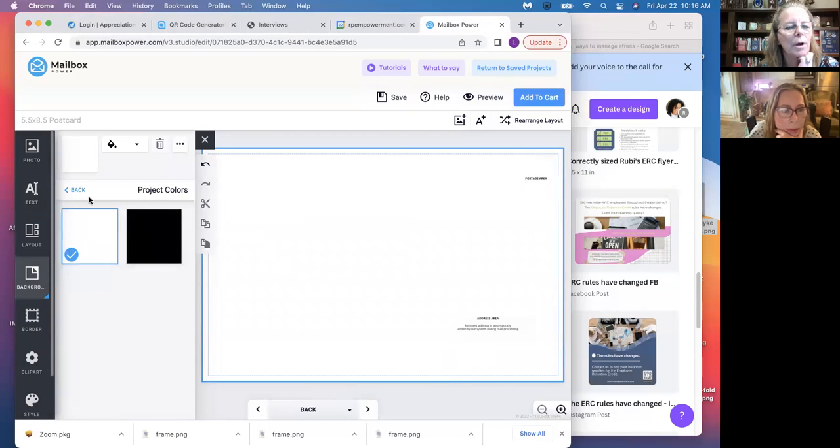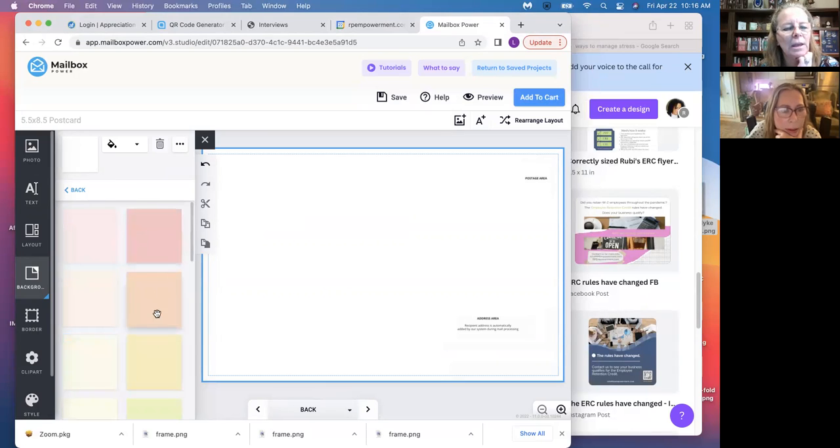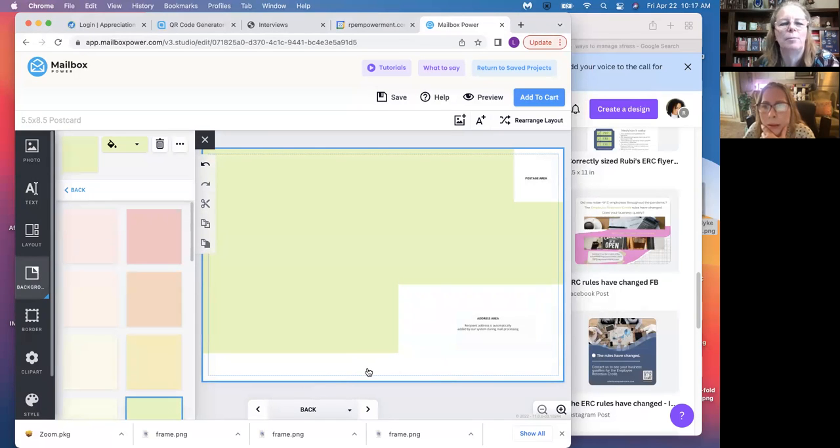Go grab a color, one of the color palettes, and grab any color and click on it. Now you can see where you can put text and images. And once you're done, you can delete that background color if you don't want it. But that way, you know where you have the ability to put information. So why doesn't it let you go all the way down to the bottom here? Because that's where, if you look,